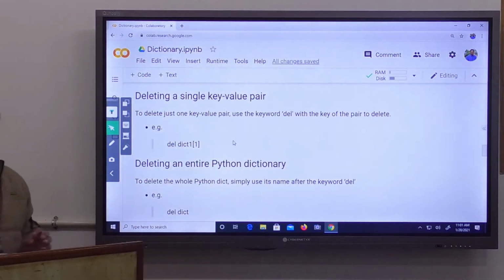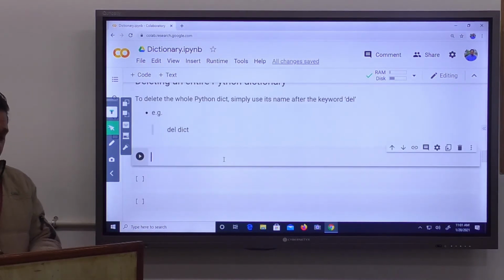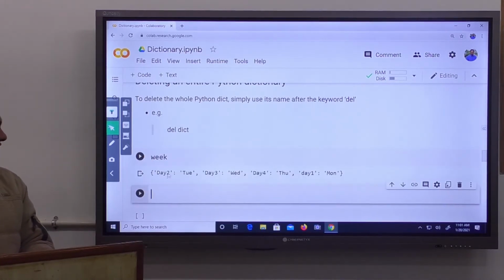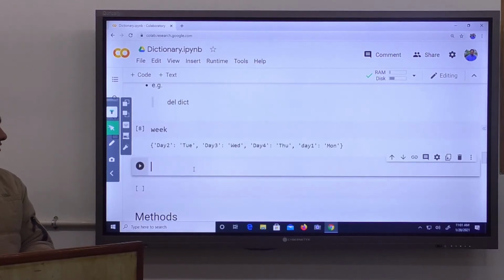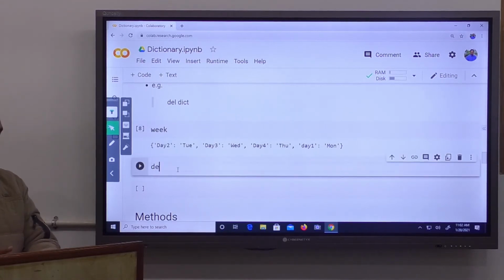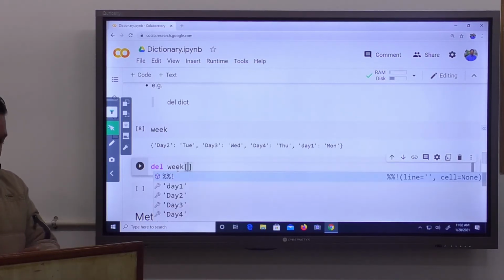So first we will talk about how we can delete an element via key. To delete we have the del command. So suppose I have the dictionary week, the same dictionary, and I want to delete the element day2.